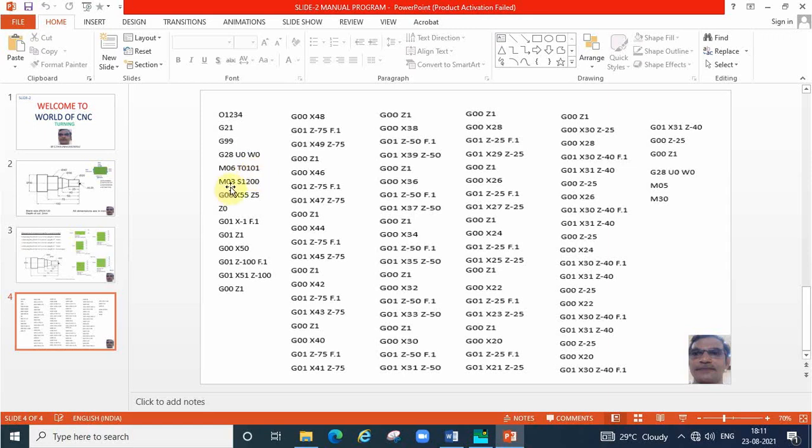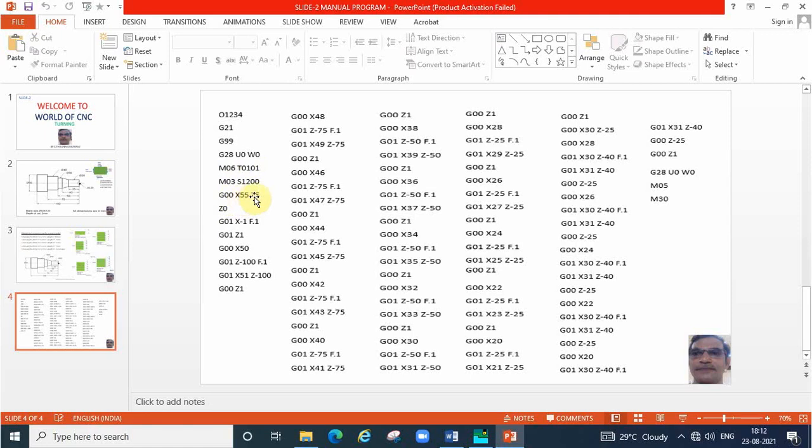Okay, after changing the tool, switch on the spindle with some speed of 1200 RPM. Now the tool is ready and spindle is switched on. Say now the tool is far away from the workpiece. We have to bring the cutter very close to the job. So we are using G00 X55 Z5.